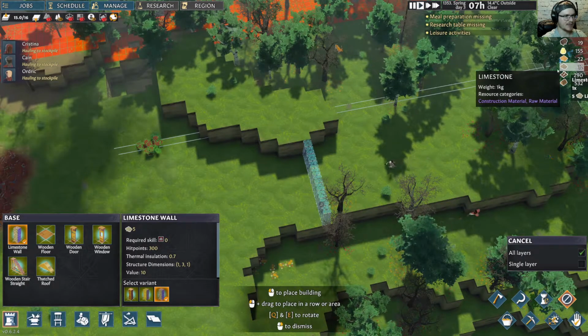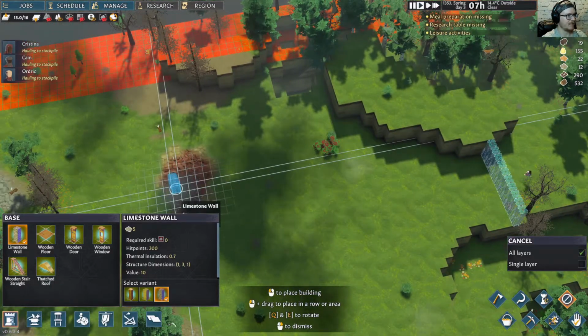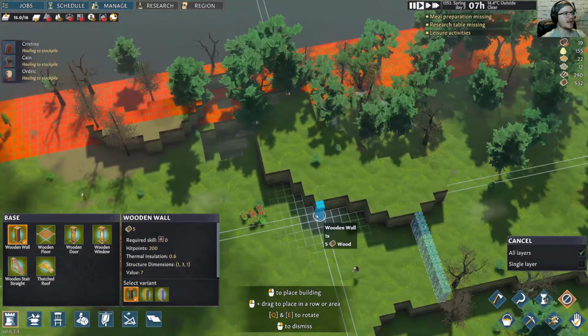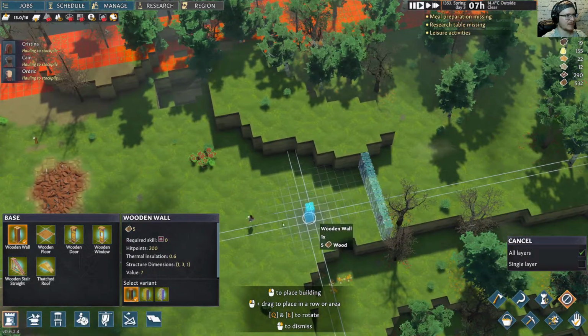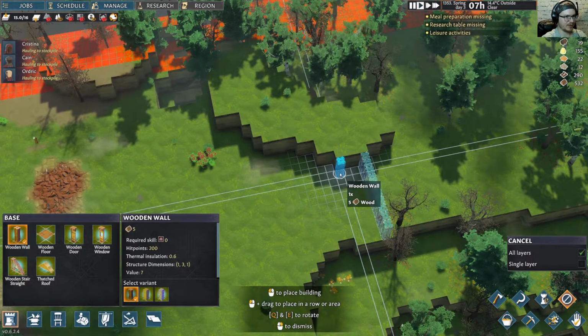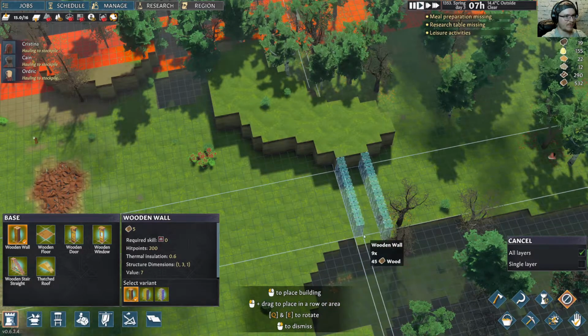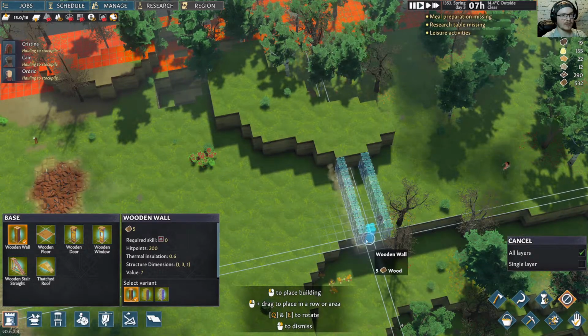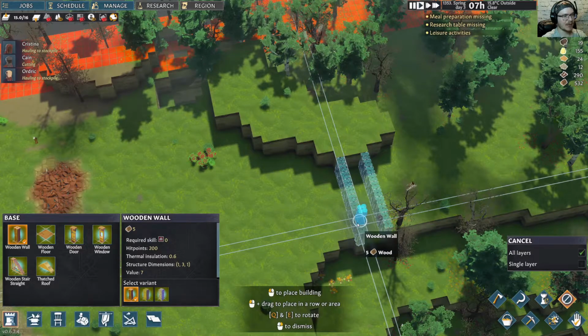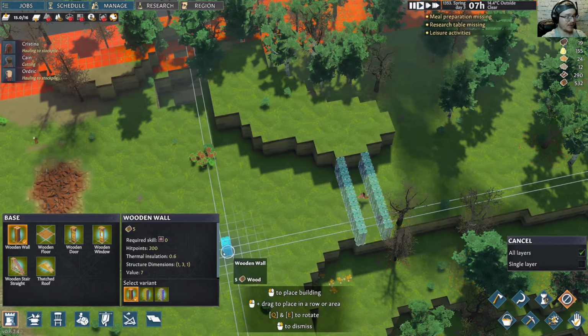Do have limestone, but not enough. Best bet right now is that I'm gonna build up this wall here. And then I'm also gonna build a secondary wall. So we have the wood, or we can get the wood easily. And with this second wall, I'm gonna build a staircase